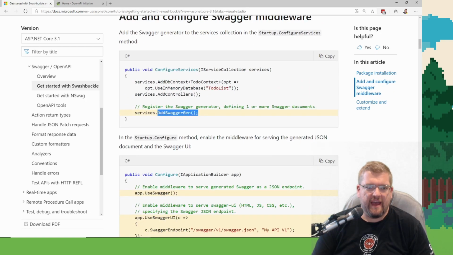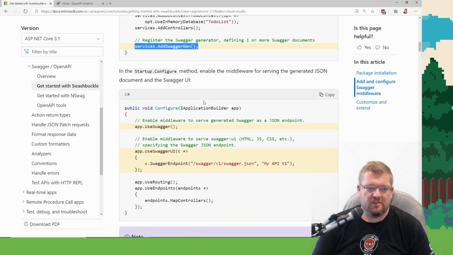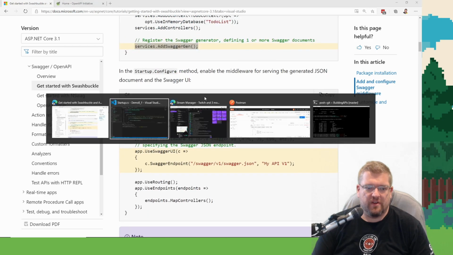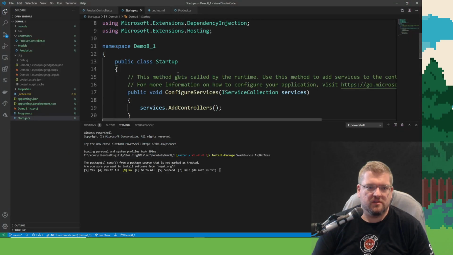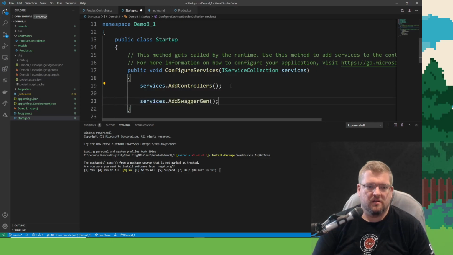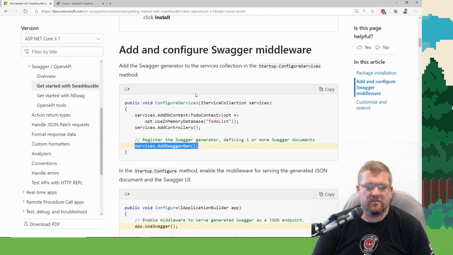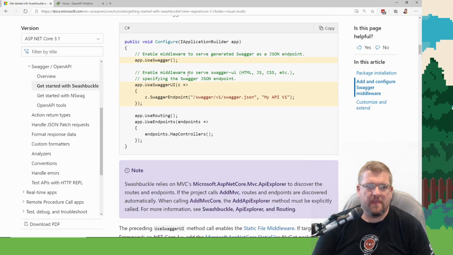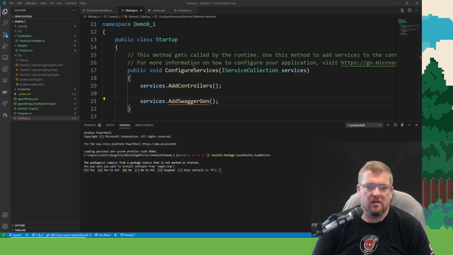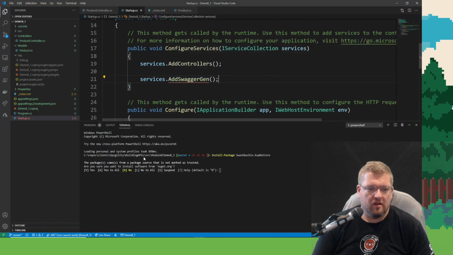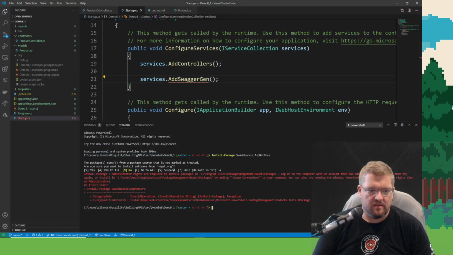So then you want to add the Swagger generator, defining one or more Swagger documents. And that's in ConfigureServices. Does it matter? I don't think it matters. Yeah, it comes after controllers. All right, so enable middleware to serve Swagger. Yes. Jeez.